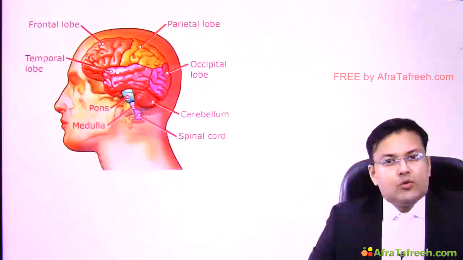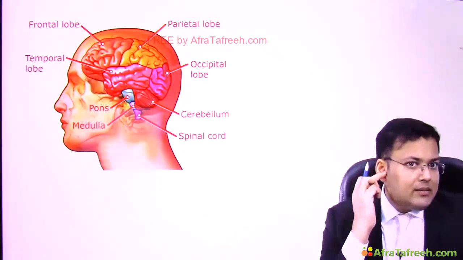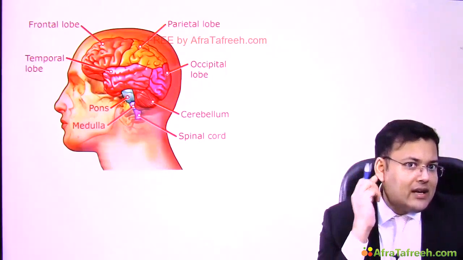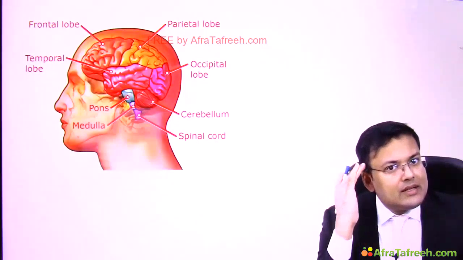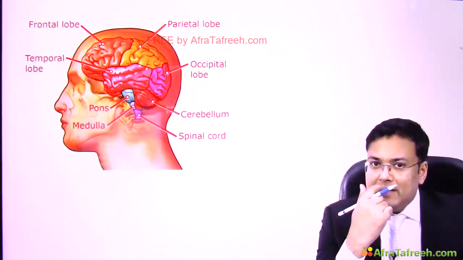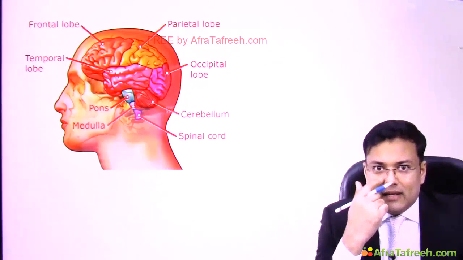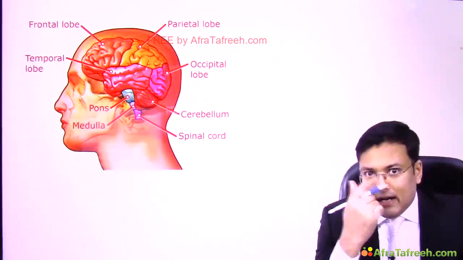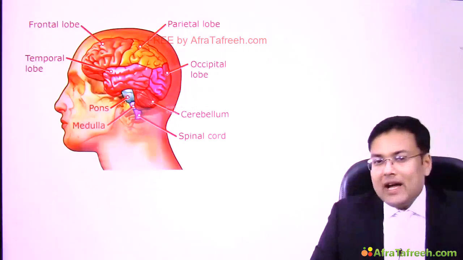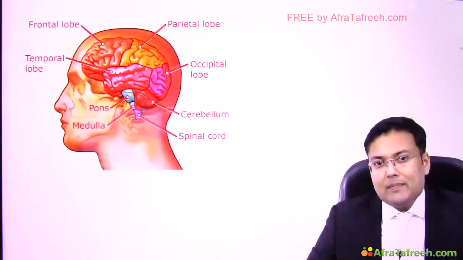Now see, the most common site of brain abscess depends on the etiology. Imagine the patient who has an ear infection or mastoiditis. In these patients, the most common site is the temporal lobe followed by the cerebellum. Second, patients who have dental infections or sinus infections, especially paranasal sinus infection. From this area, the infection reaches the frontal lobe. And in patients who have hematogenous spread, the most common site is the parietal lobe.